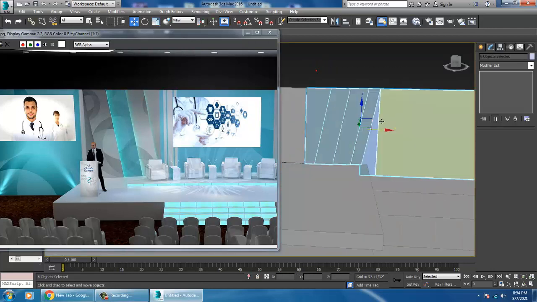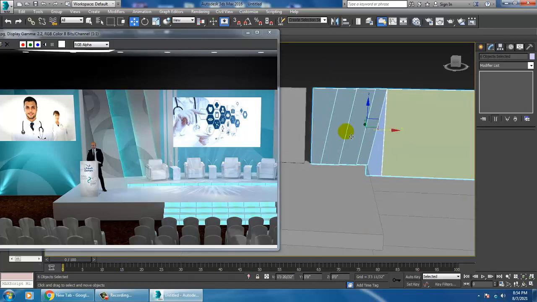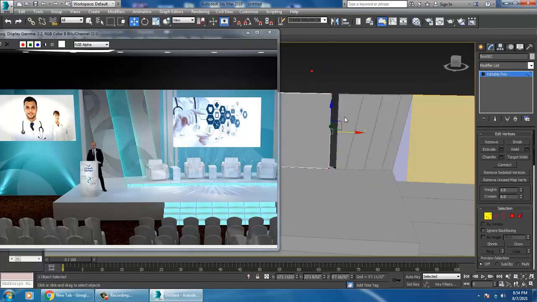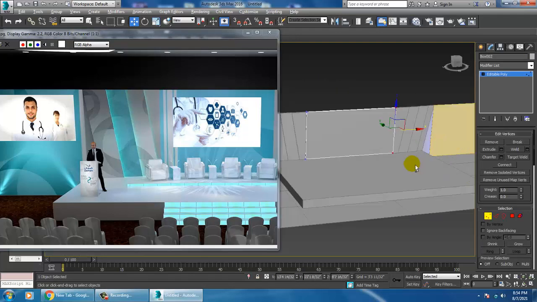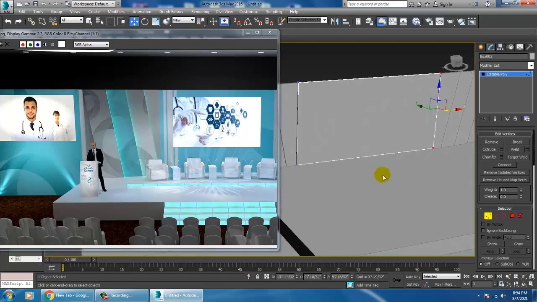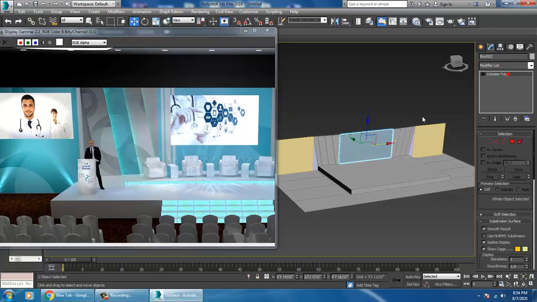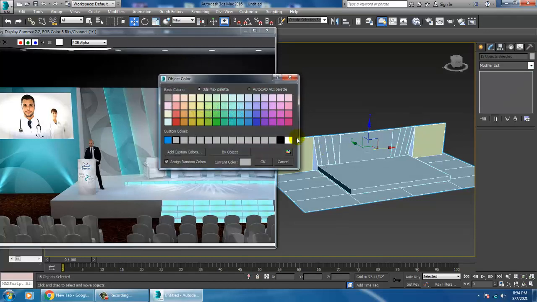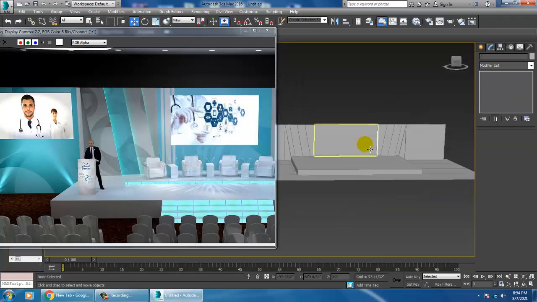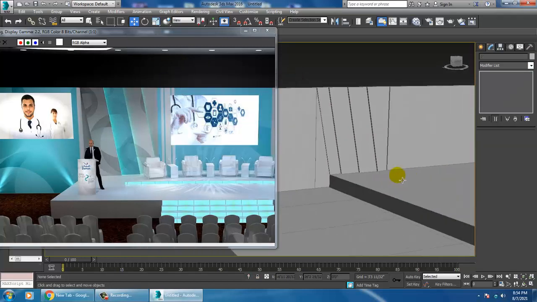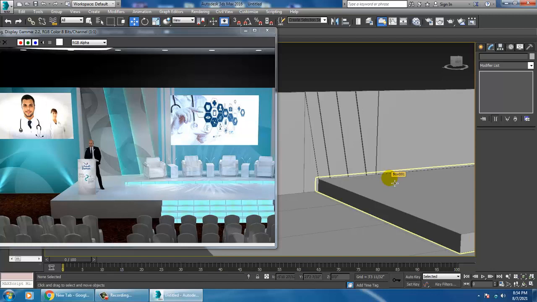I can slightly push it in this way. Much better. Select this and I'll give a color to it. Definitely we have defined the height, that is totally perfect over here.